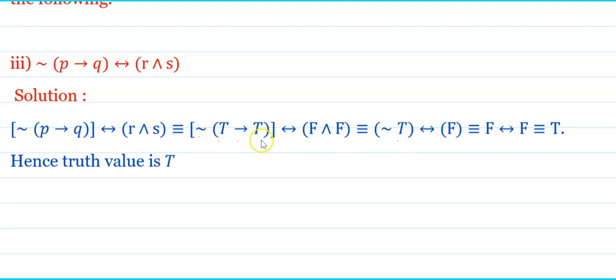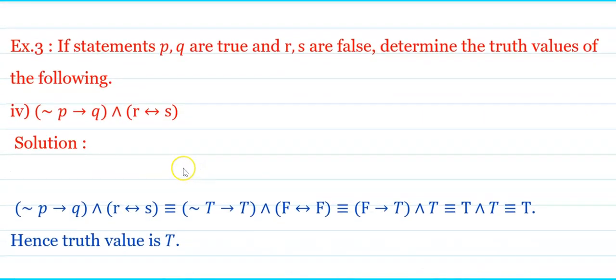Okay. This T implies T, what happened? It became T, but outside there is a negation and a double implication F, and F is again F. Negation of T is F. Now F double implication F, that is nothing but T. Hence the truth value is capital T. Okay. Now the next